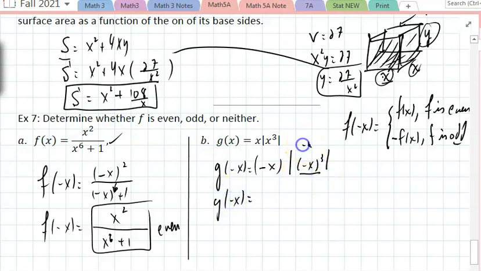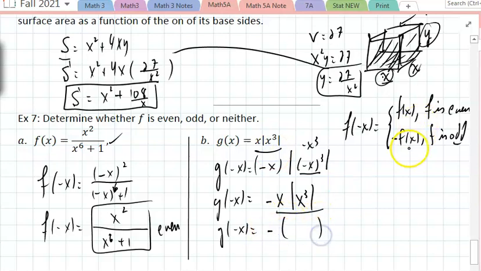This is going to be negative x cubed, but the absolute value will absorb that, and that will be negative x. So I could say g of negative x equals, this is not what I started with. If I factor a negative out of it to check if this works, this is what I started with. So this is an odd function. Otherwise it's